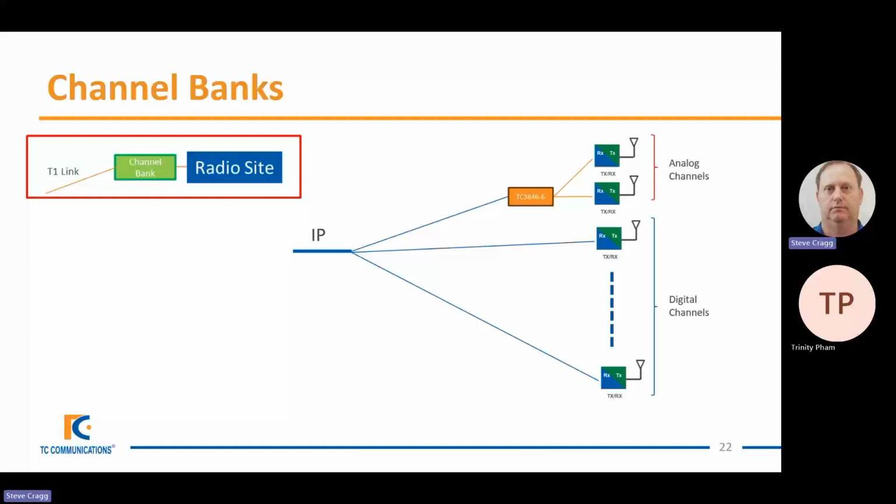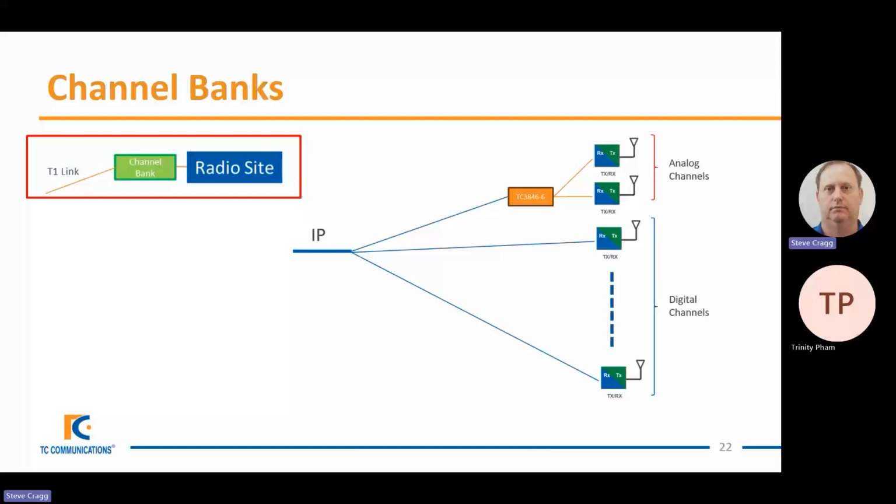Obviously, if you have a small number of channels connected to a channel bank, you may be better going to a 3846-6 immediately. If you have a large number, typically it's a good solution to connect your channel bank using our T1 over IP solution.